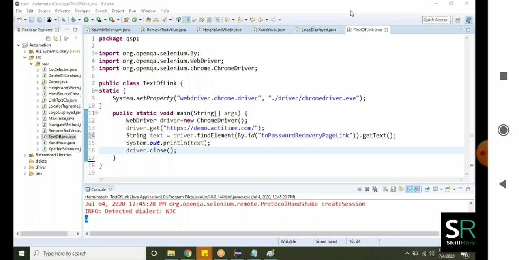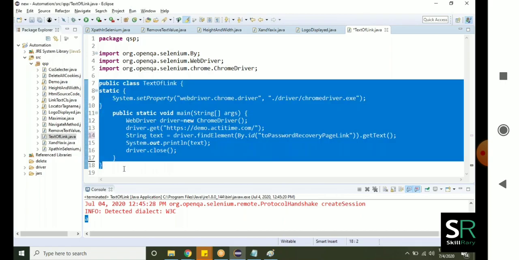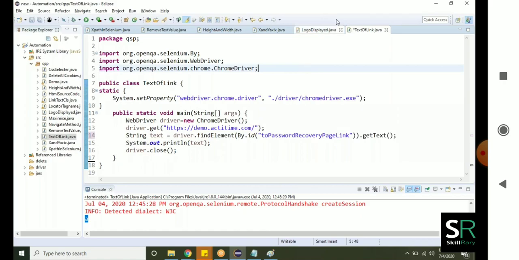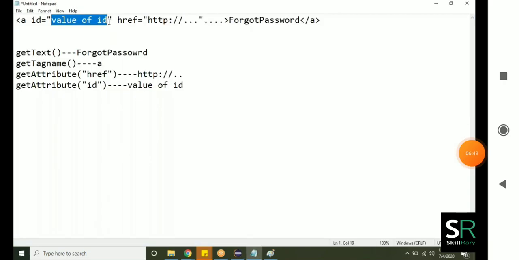Sir, can you paste the code? What is that? Sorry guys, you want me to paste the code for this one? In the chat room? Okay, just want to print it. Value of ID is printed.